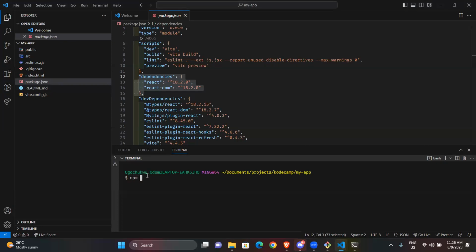So you say npm run dev. Most times, if you're unclear of what you're supposed to use to run a particular application, just come here and check the scripts. You see we have this dev here, but we are going to get an error now.